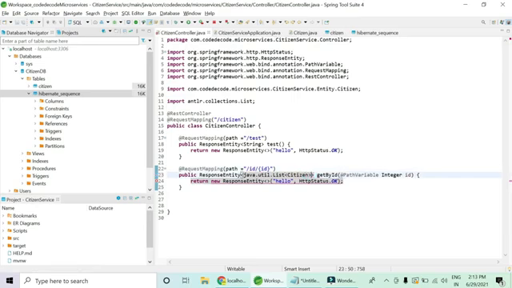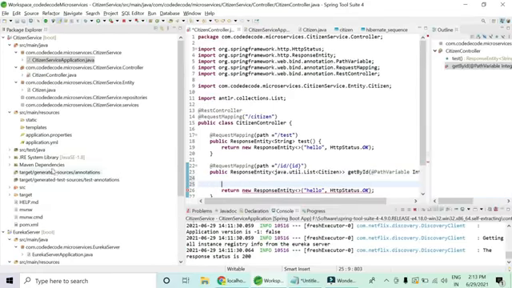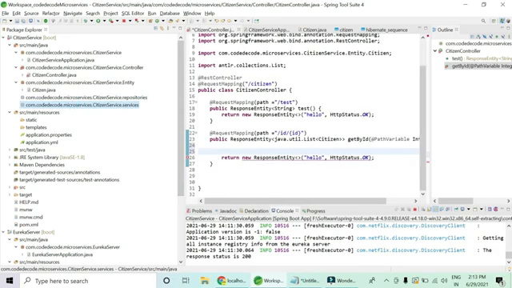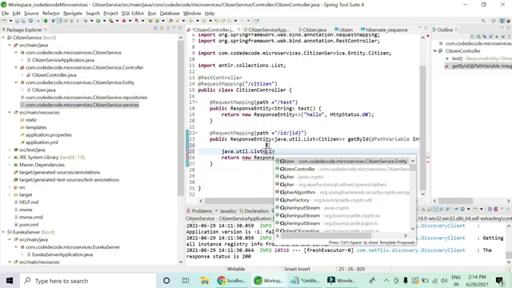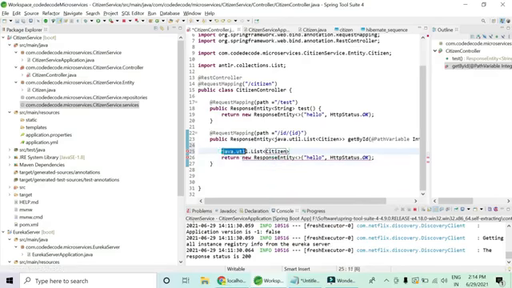Okay, so if this much is clear, I've told you that in service we create business logic. Currently I do not have any business logic. I just need you to give me all the entities in the database with that particular vaccination center ID. So I don't want to do anything, I just want to create a simple list of citizens. It's already imported, I don't want it, just give me a list of citizens, and this will be list of citizens